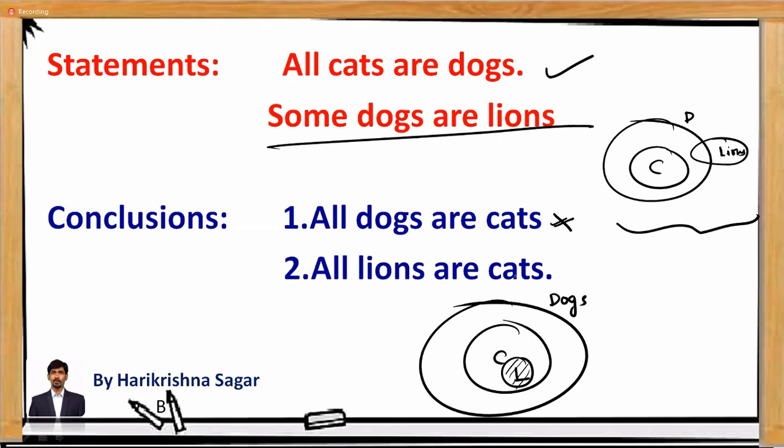So now you just read the second conclusion here. Okay, what is the second conclusion? All lions are cats. Is that a true statement? Yes, for sure. So definitely the second conclusion is correct. So we can say conclusion 2 follows. So what you need to do is try to make your conclusion a possible correct conclusion by looking at the statements. So don't blindly take it as a wrong conclusion. Just try to understand the statements. Not violating the statement, it is following. You can mark it as the answer choice.